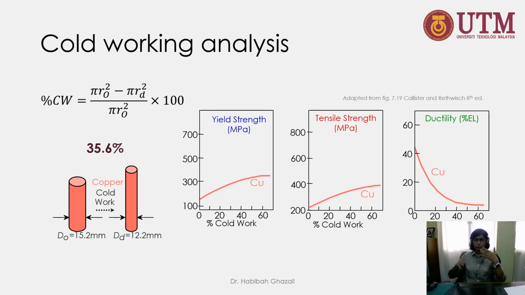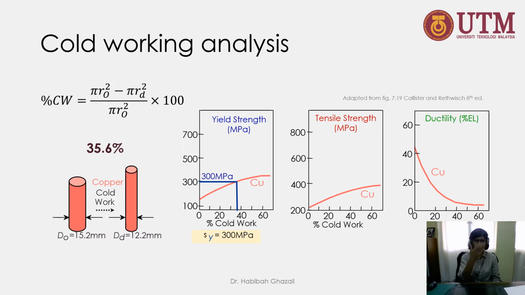And when we do tensile tests, what we discover is that the tensile properties of these materials, such as yield strength and tensile strength, have changed. Its ductility also changed. So if we plot the graph of cold working percentage against the mechanical properties of the materials, we figure out by doing this 35.6%